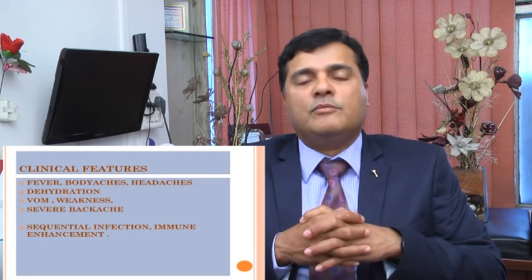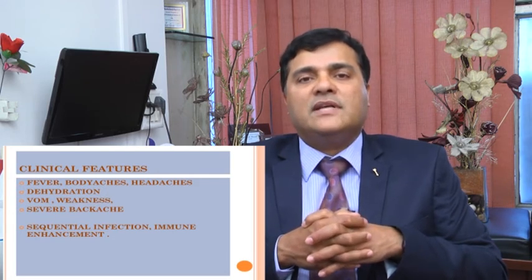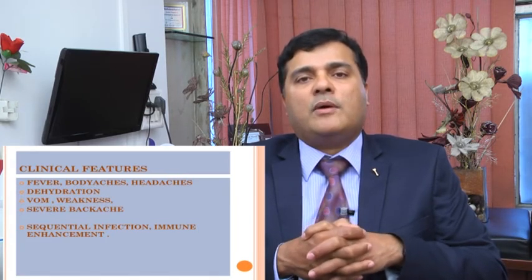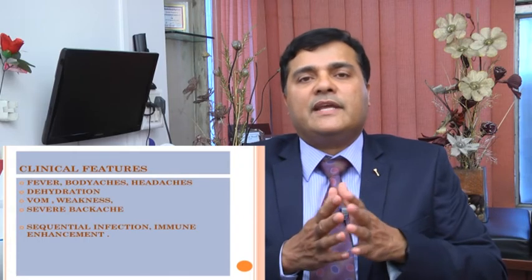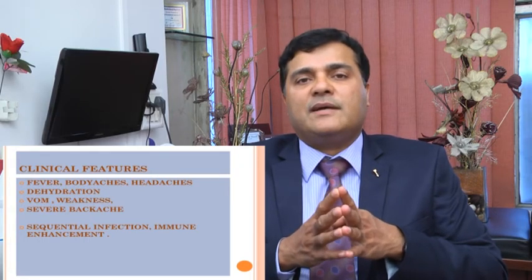And the last spectrum, which is the most dreaded, is what is called DSS or dengue shock syndrome, wherein apart from the other features, the person gets severely dehydrated, the blood pressure drops, and because of the blood pressure drop and bleeding tendency, renal shutdown can take place, resulting in acute renal failure, and this can result in a lot of morbidity and sometimes mortality also. So dengue fever by this mechanism can lead to death of the patient also, and that's why it is very important to understand, detect and treat it as early as possible.